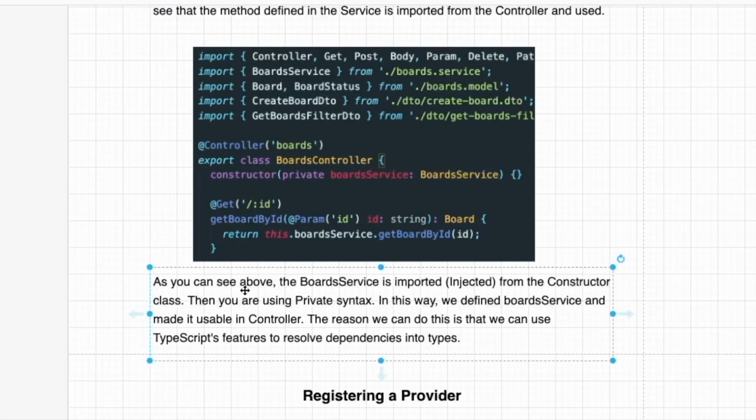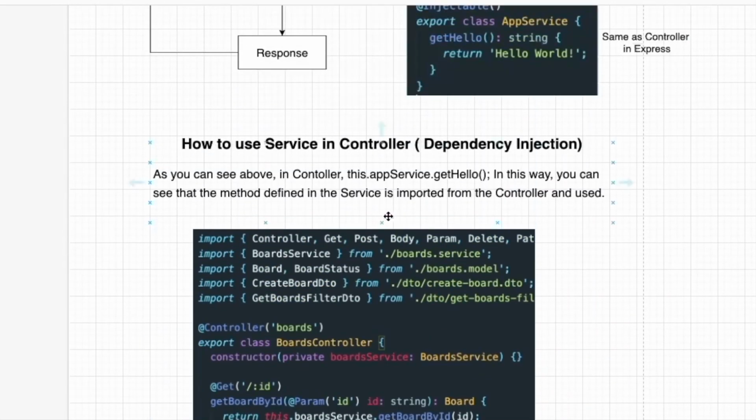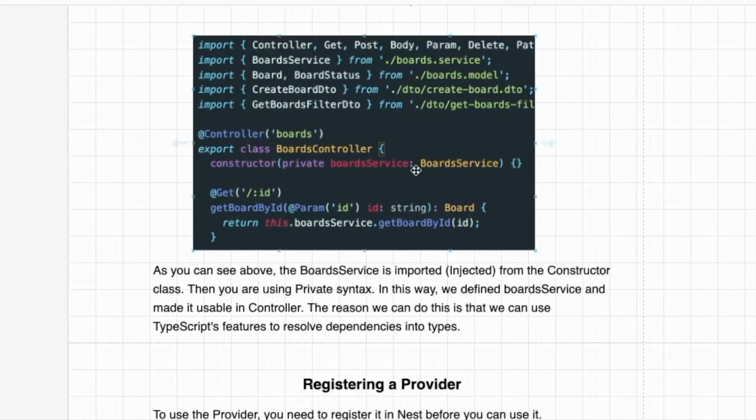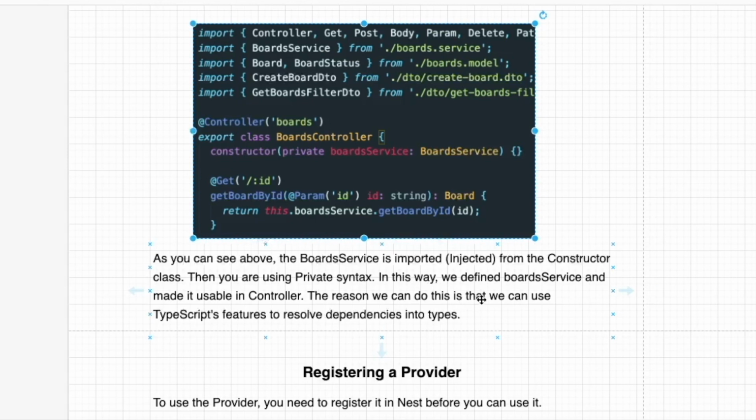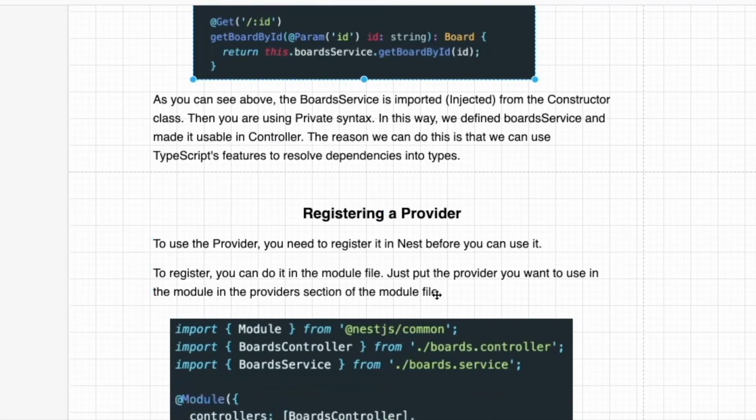As you can see above, the board service is imported and injected from the controller class constructor. Then you are using the private syntax. In this way, we define the board service and make it usable in the controller. By doing that, this board service is usable inside this controller. The reason we can do this is that we can use TypeScript's feature to resolve dependencies by types and registering